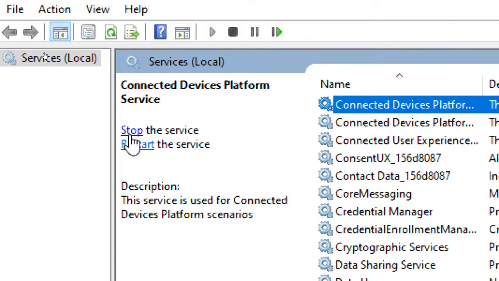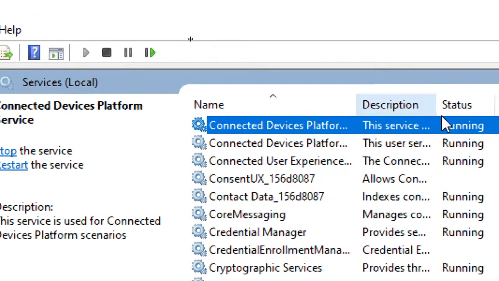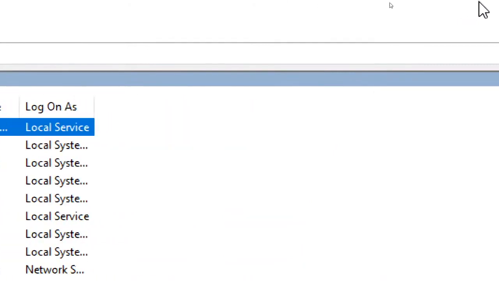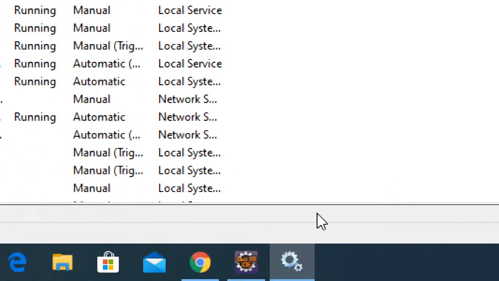You can select that particular service and click stop the service, and then you can try running that same application, which will get executed. You have to do this only when you get service conflict information. I hope you are able to understand.